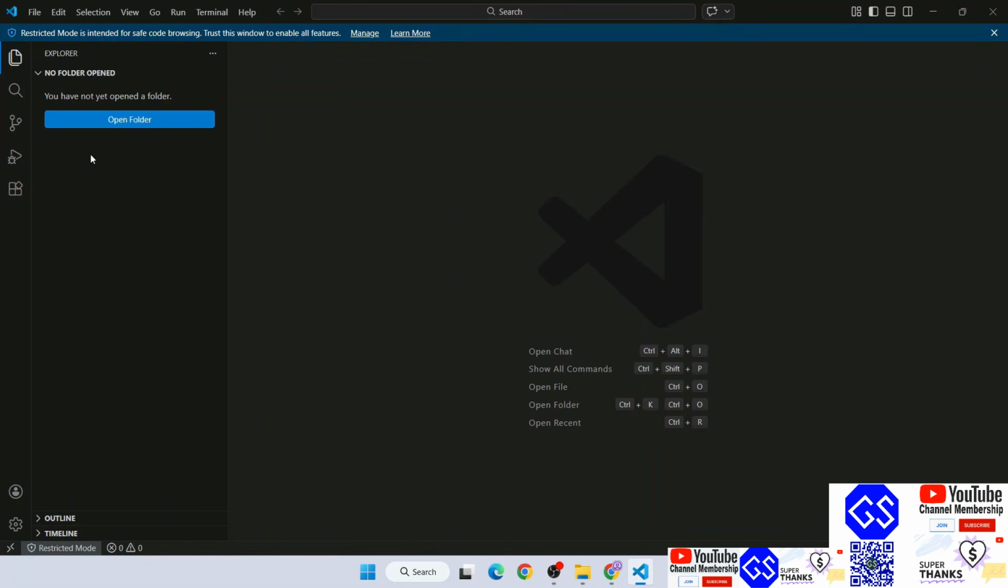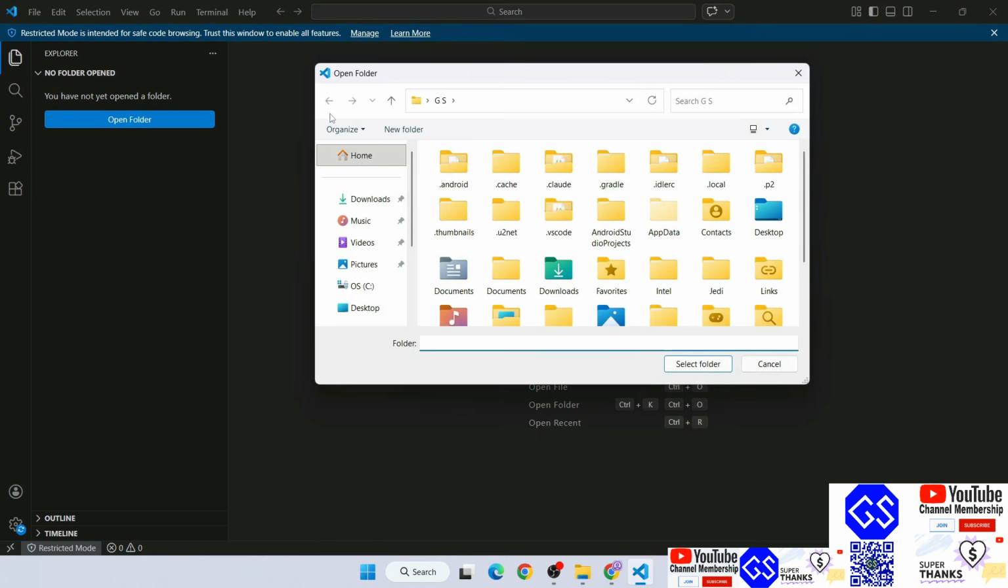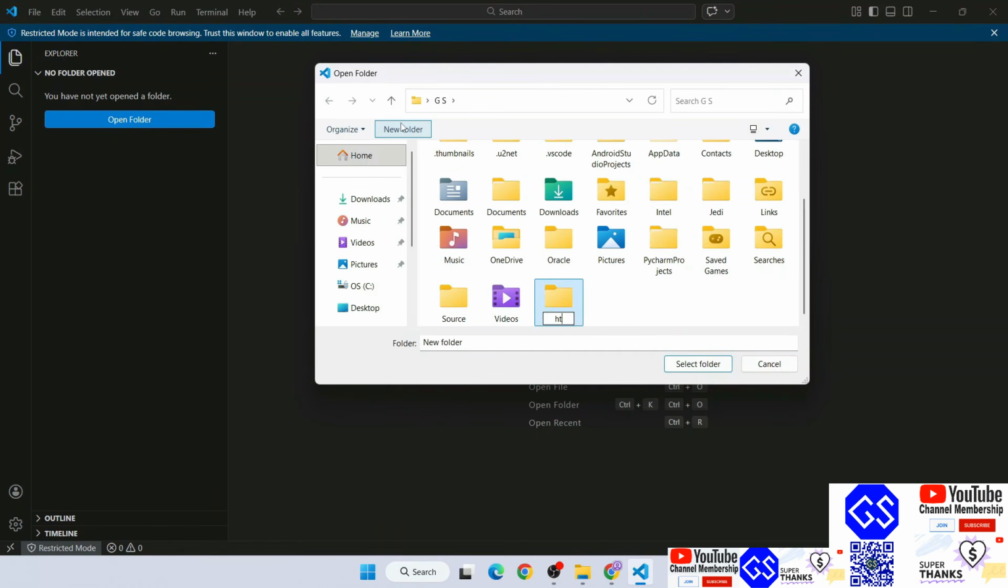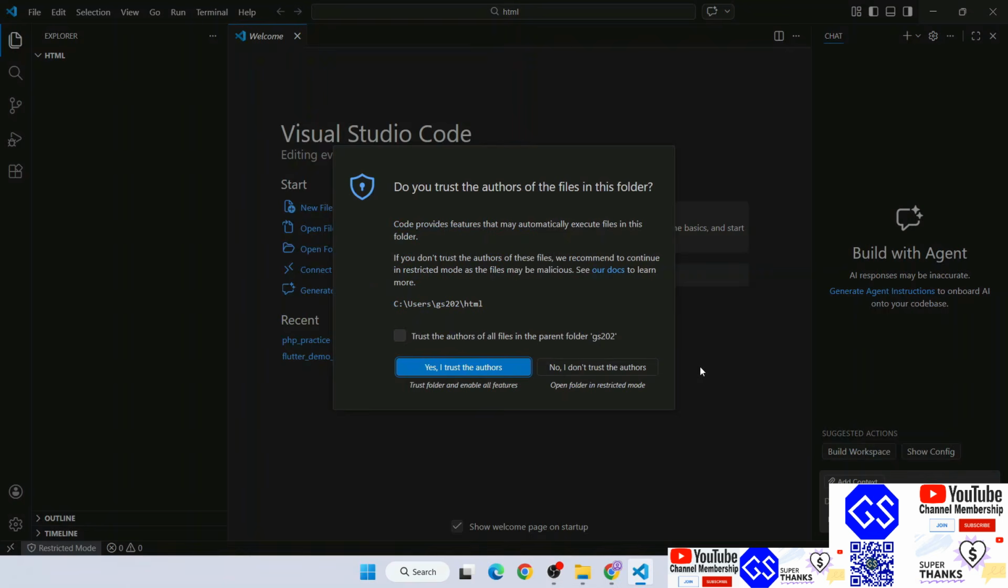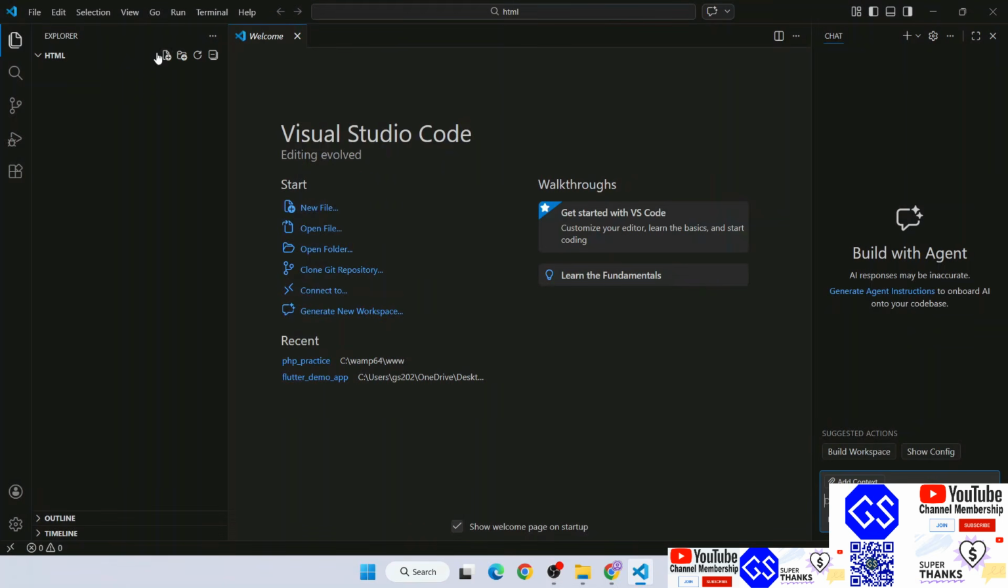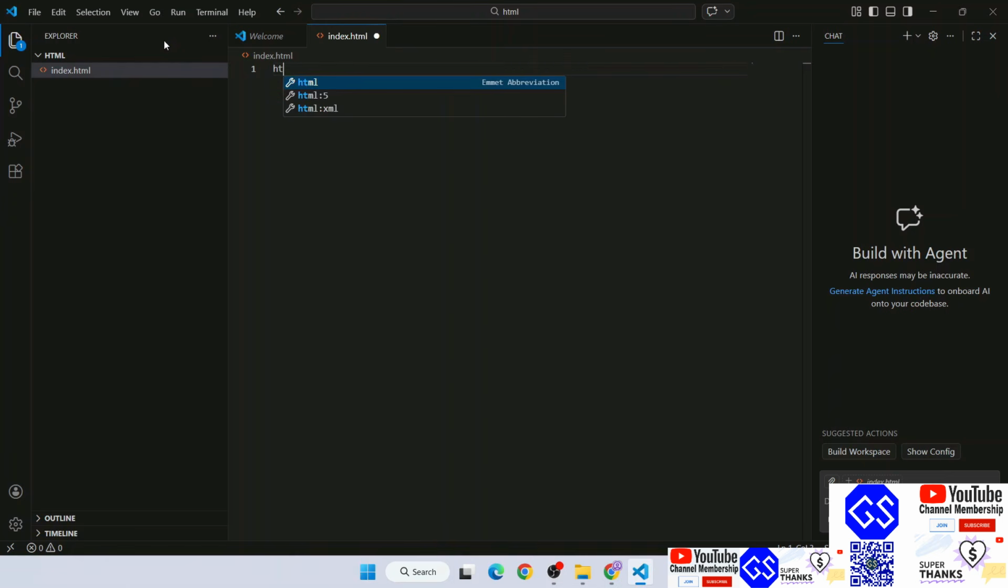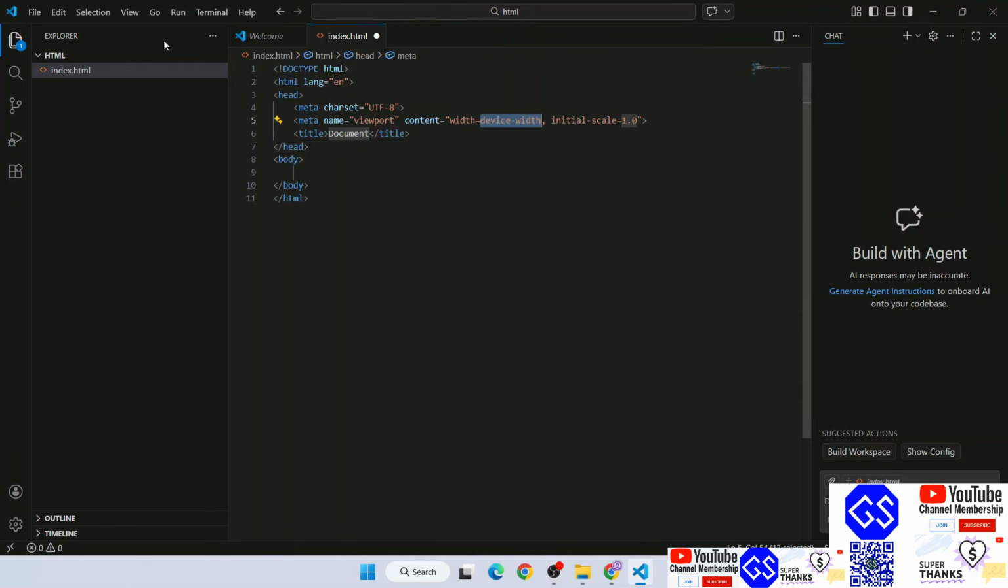Here what I'm going to do is click on this open folder, name a folder as HTML, and open that folder. Here click on I trust the authors, click on the plus icon over here and type index.html. Here simply type HTML and click on this HTML:5, hit enter, and that's going to give you a boilerplate. So here within the h1 tag, if you write hello world